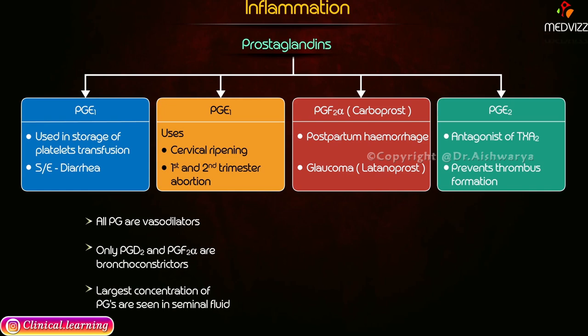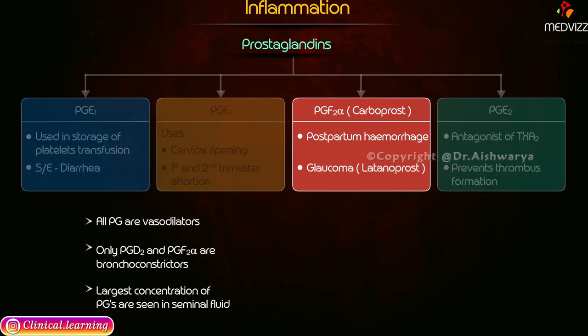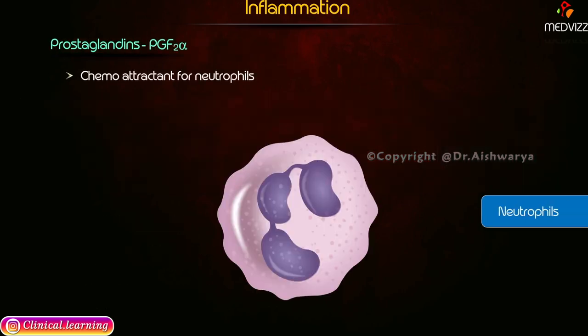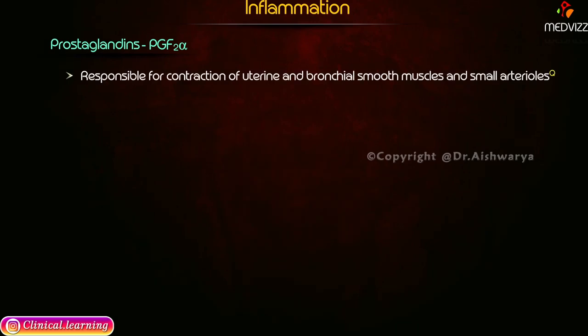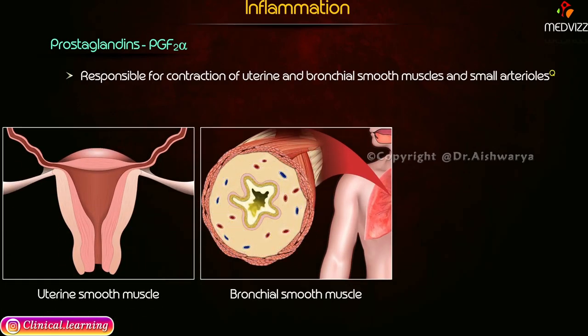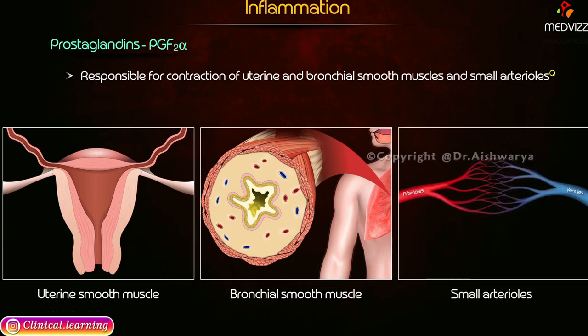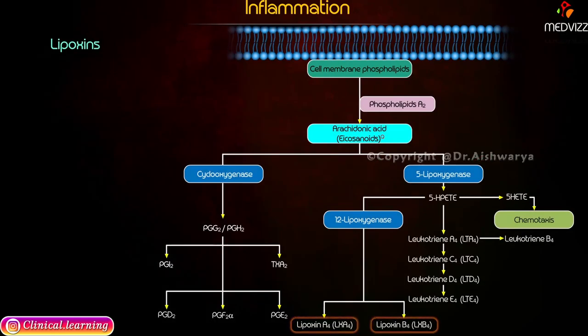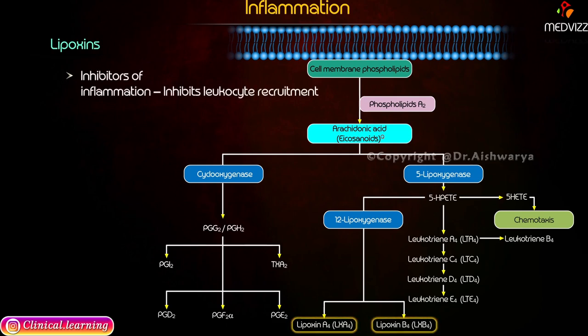So out of all, let us talk about a few important points about PGF2 alpha, because PGF2 alpha is a very important chemoattractant for neutrophils and it is responsible for contraction of uterine as well as bronchial smooth muscles as well as small arterioles. And lipoxins are the ones which are inhibitors of inflammation, and remember that they especially inhibit leukocyte